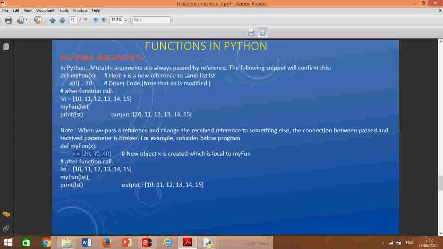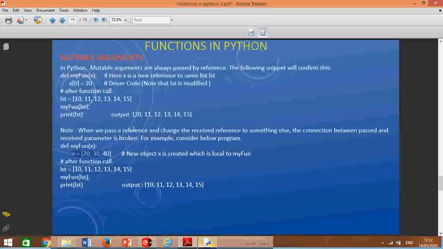It means x is referring to the new object. Here x is referring to the original list. Here x is referring to the new list. So what will happen? Inside the function it is changed, outside the function the list remains the same.